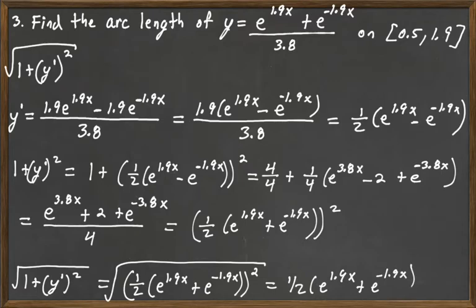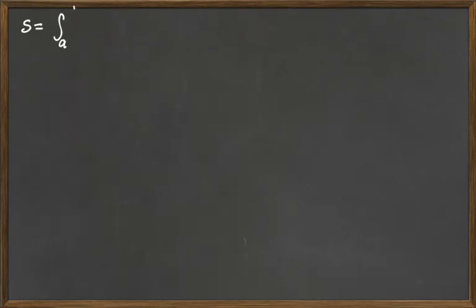Okay, and so that is our integrand. And we know what our limits of integration are. They're 0.5 to 1.9. So we're ready to go. We're ready to integrate this. We're past the hard part, which is the algebra. So the arc length is the integral from a to b, the square root of 1 plus y prime squared